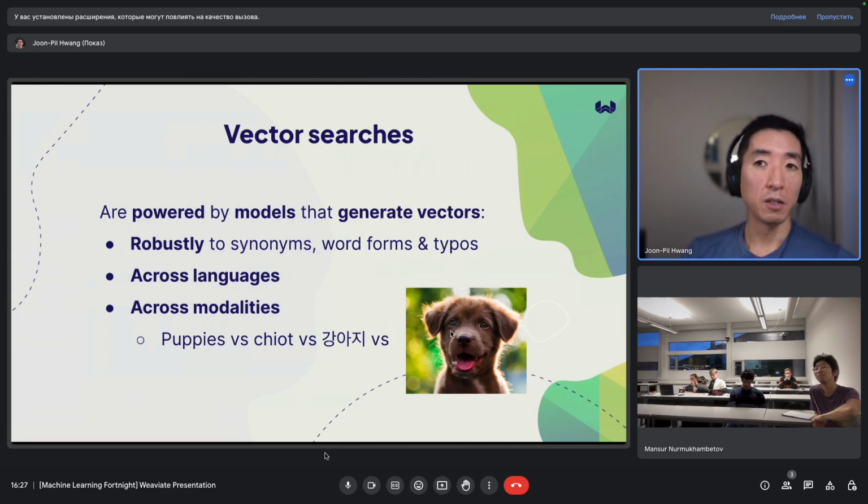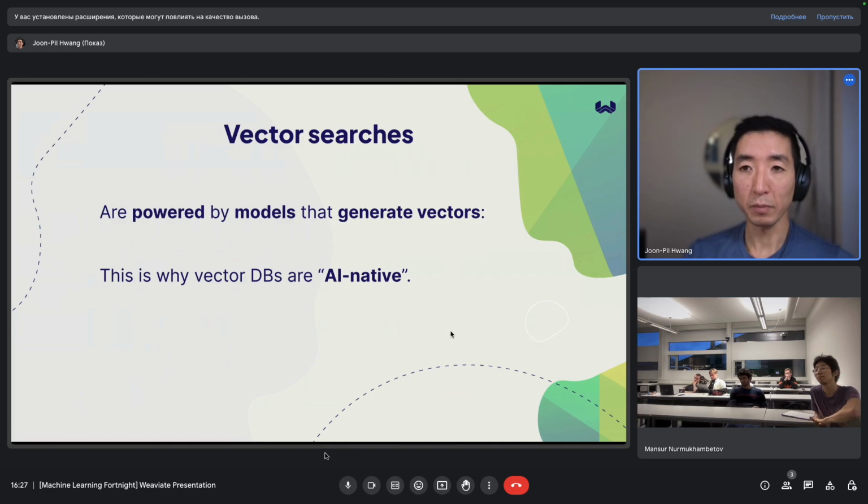And again, they're powered by these models that generate vectors. That's why when people talk about AI, quote unquote AI native, that's what they mean. I will say as a personal caveat that I have mixed feelings about the use of the word AI because it's such a vast field, and I think these days it gets used to basically mean language models.